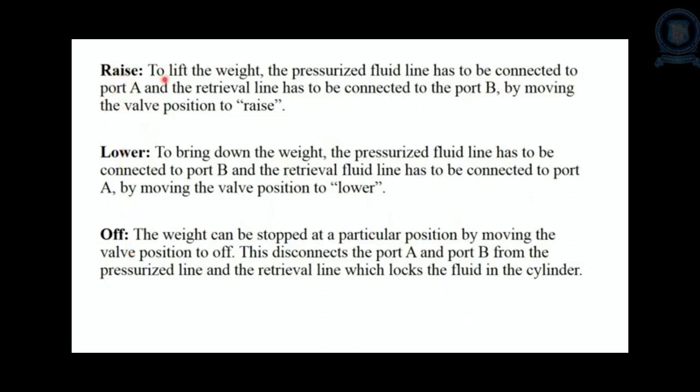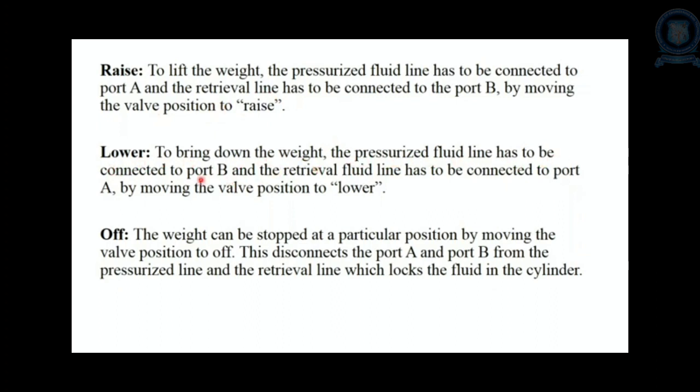Rise operation: to lift the weight, the pressurized fluid line has to be connected to port A and the retrieval line has to be connected to port B by moving the valve position to rise, that is DCV, direction control valve position, rise. Then lower: to bring down the weight, the pressurized fluid line has to be connected to